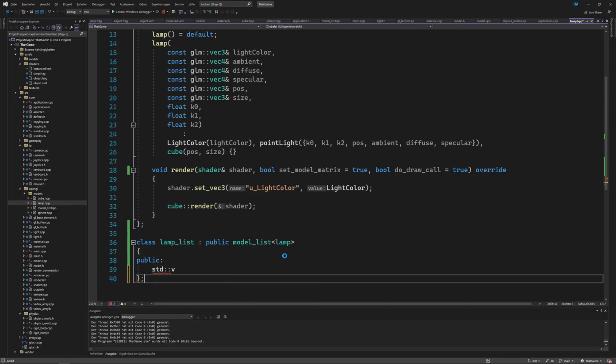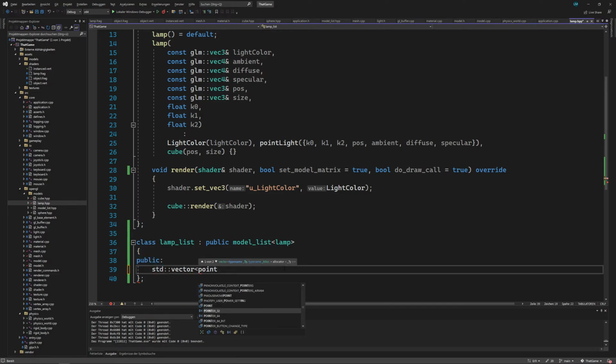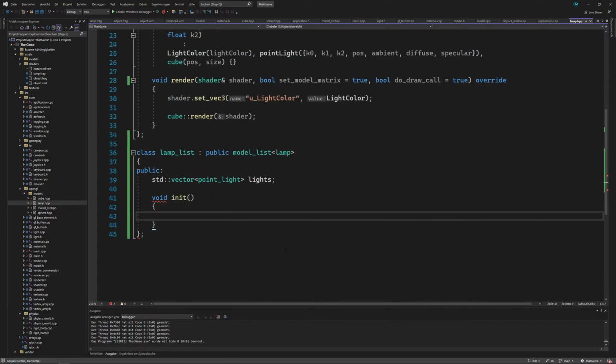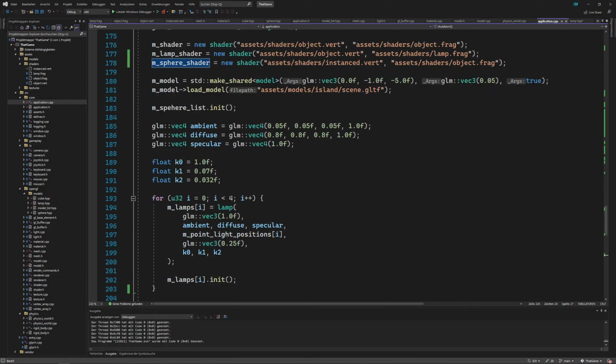A std::vector of point lights, just lights, and init. Okay, nice. Just the model is equal to a lamp, like the stuff that we had here. A lamp, which has